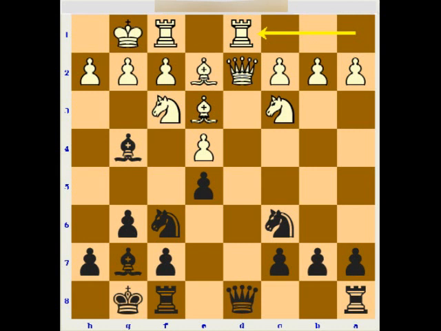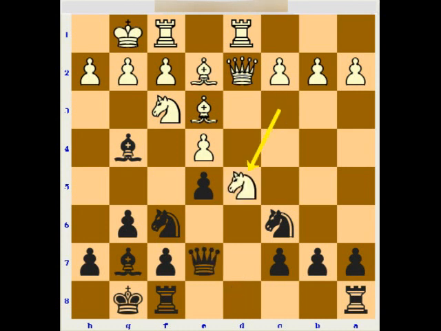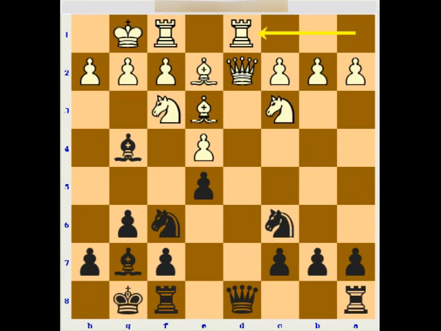queen c8, because if queen e7, then white would play maybe knight d5 with the tempo move, and if black captures, then he captures back with the pawn attacking the knight. So black chooses to develop the queen on c8, and then want to play rook d8 to exchange at least one of the rooks,